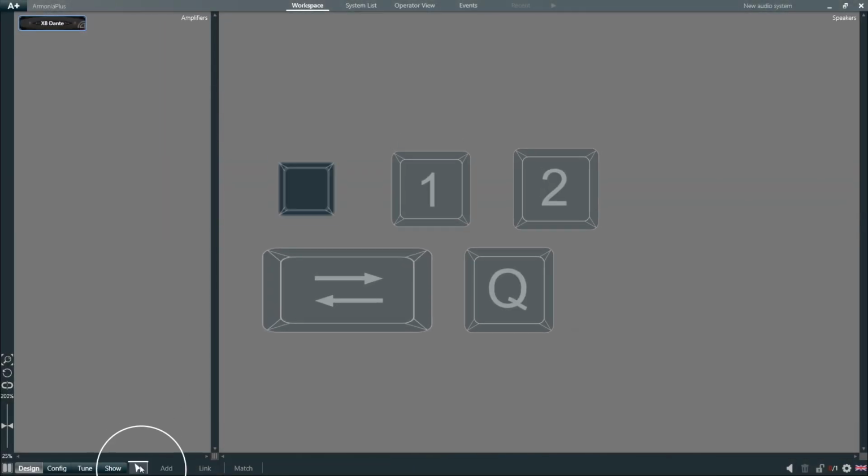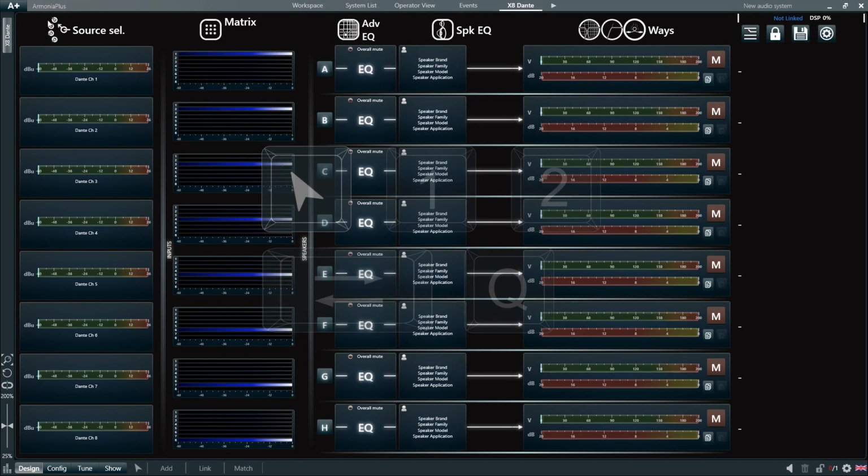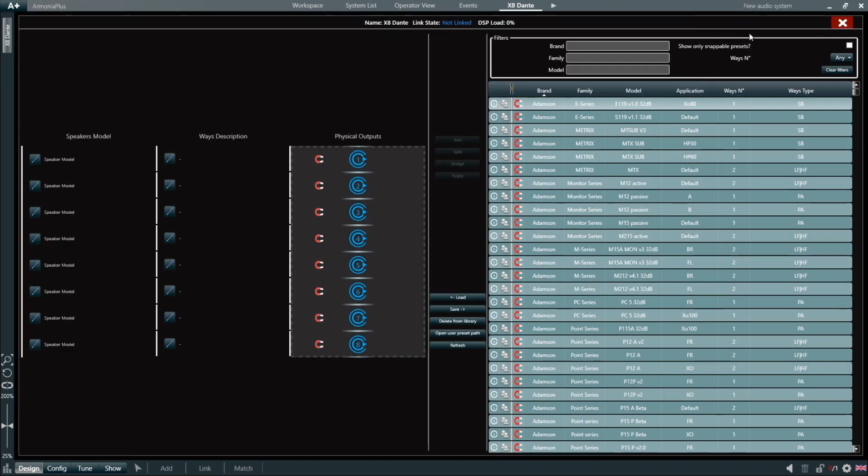To create a basic speaker preset in ArmoníaPlus, let's start by adding an amplifier to the workspace. We then select the arrow function and double-click our amplifier to access its internal DSP properties. On the right top corner, we click on the Speaker Configuration button, where we can load existing speaker presets to